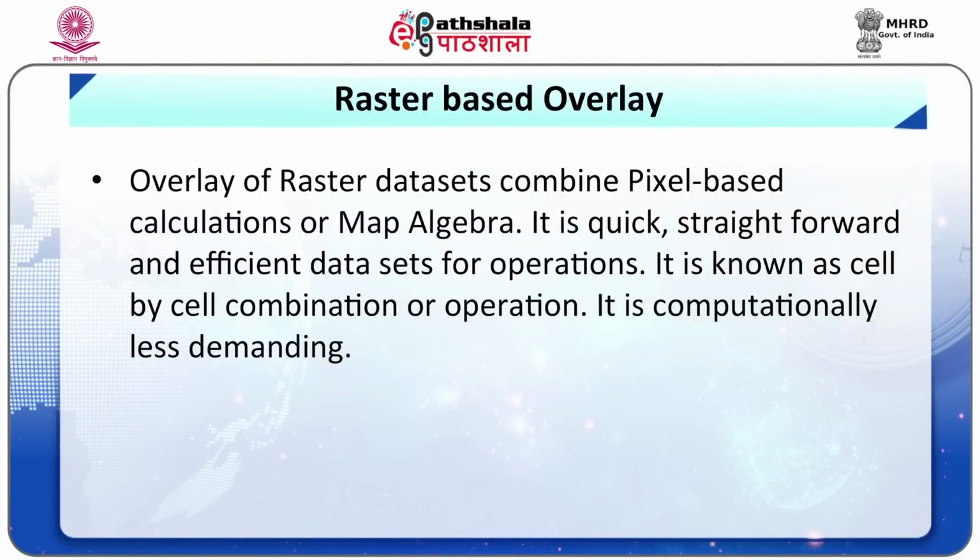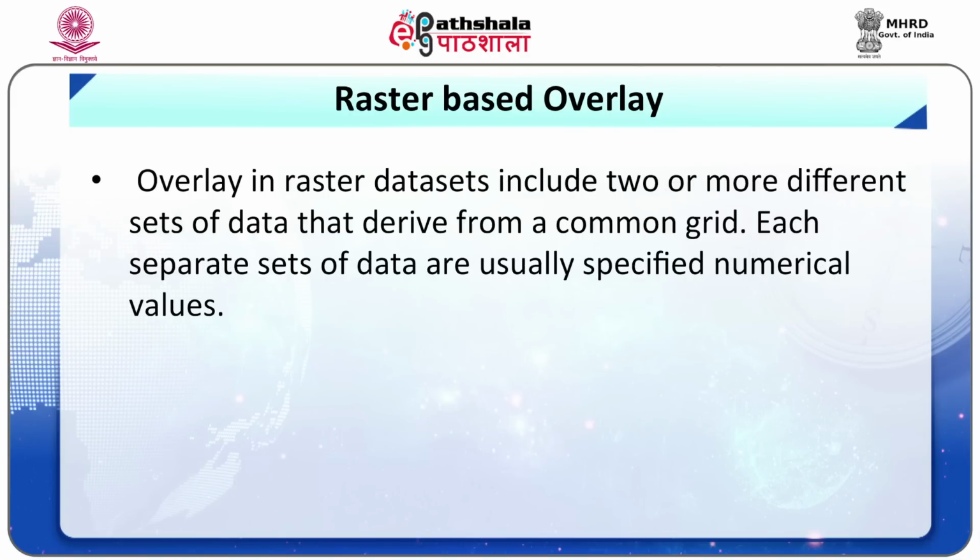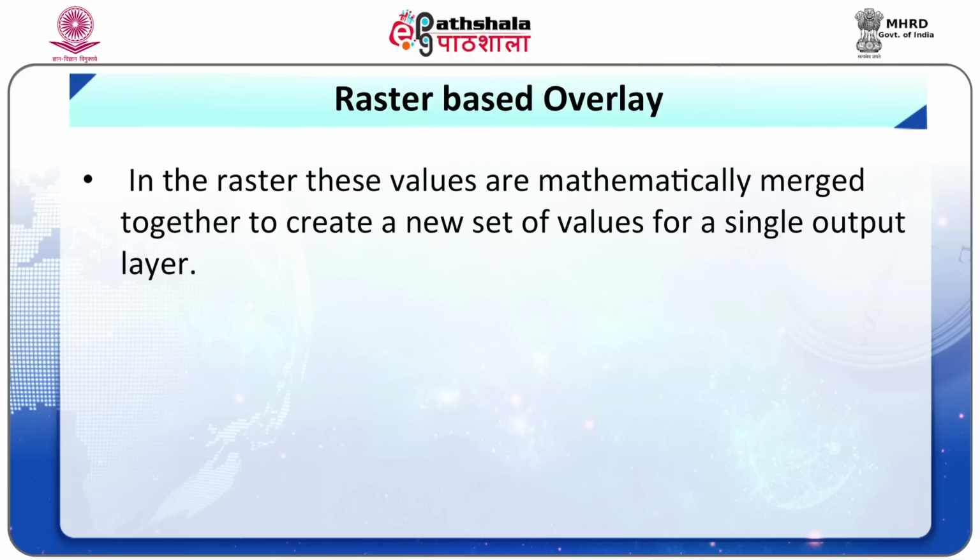It is quick, straightforward and efficient data set for operations. It is known as cell by cell combination or operation. It is computationally less demanding. Overlay in raster data set includes 2 or more different sets of data that derive from the common grid, and each separate set of data is usually specified by a numerical value. In the raster, these values are mathematically merged together to create a new set of values for a single output